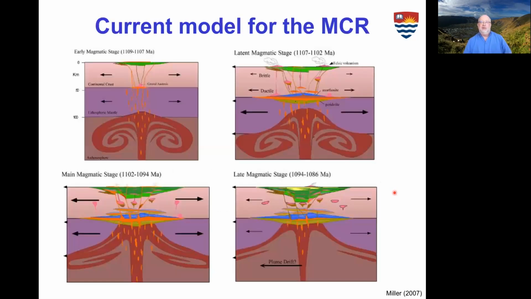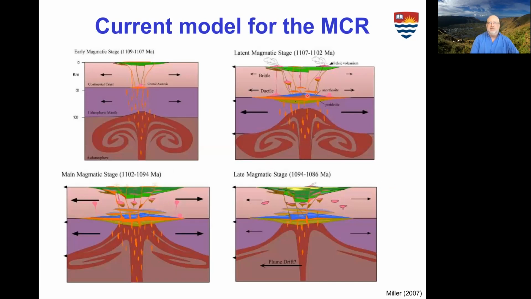This is the model for the Midcontinent rift as we stand. This is Jim Miller's model, with an early magmatic stage at 1109. That's where we're getting some of those early ultramafic intrusions. Then a late magmatic stage, or the main magmatic stage,